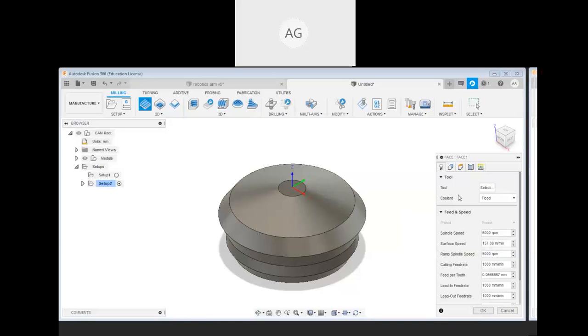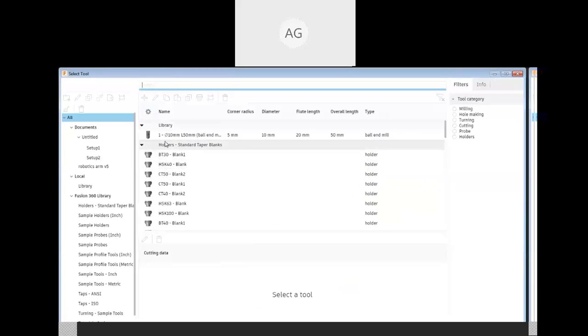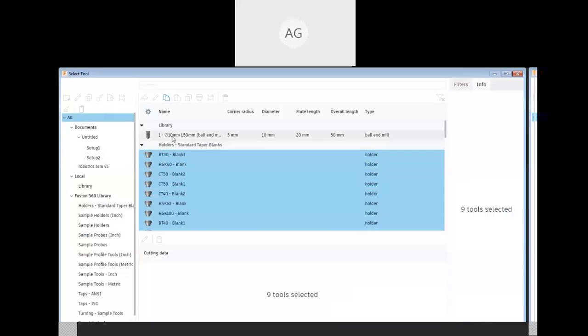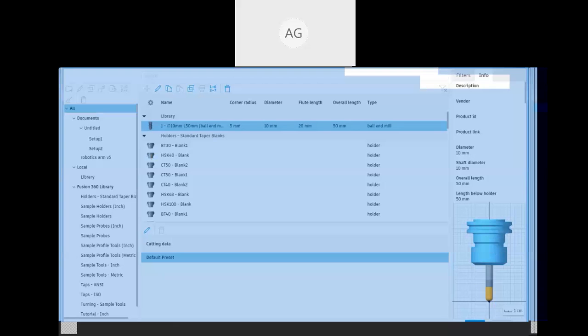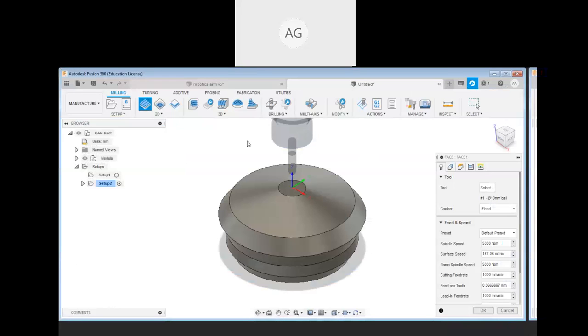Which tool are you going to use in the milling? So I'm going to select tool. Tool you can select via this. There are different milling tools, so you can select a tool over here. If you want to add a new tool, that also you can add over here. So these are simple tools, like you can take a blank one, or you can see this tool over here also. So you can take this one simple tool. I'm going to take this one tool over here. There is an option at the bottom to select this tool. So I have selected this tool. This tool is also visible over here that you can see.